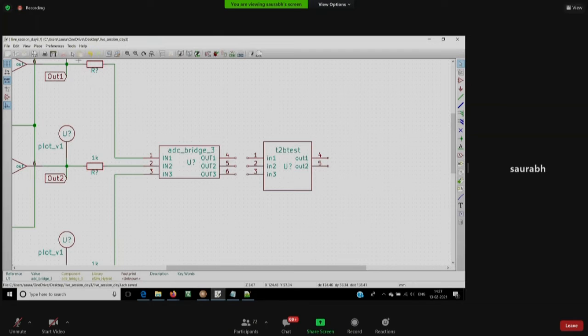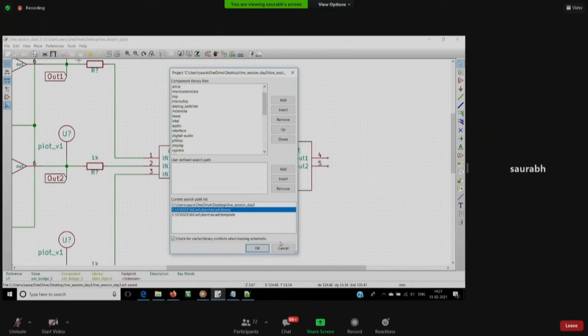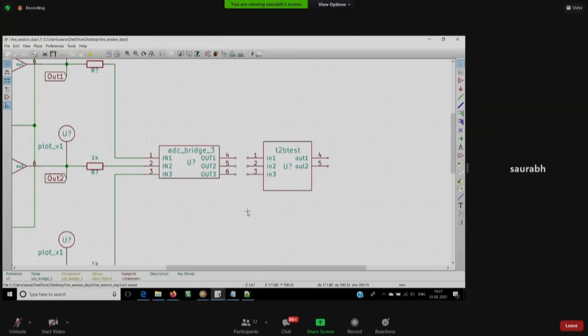Good point, Ashutosh. By default, we have taken care of this. The confirmation message that we received in the beginning, that the component has been added to esim underscore ngsdl.lib, means that the library is added. But whether that particular library is present in your schematic or not, you can check by doing the following steps.